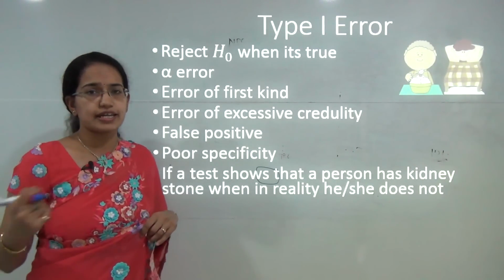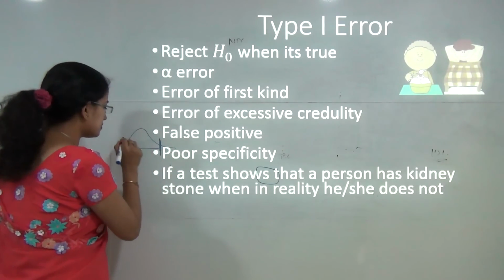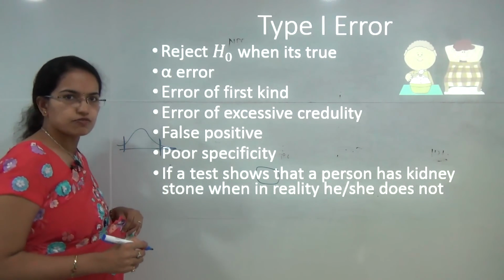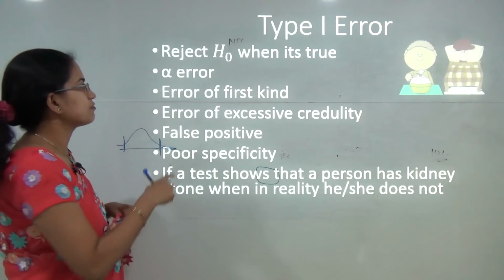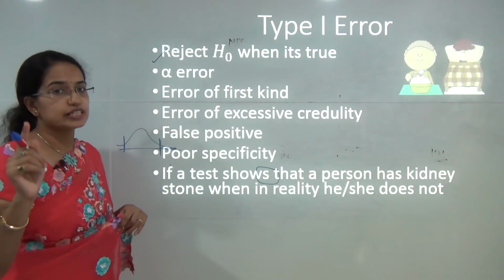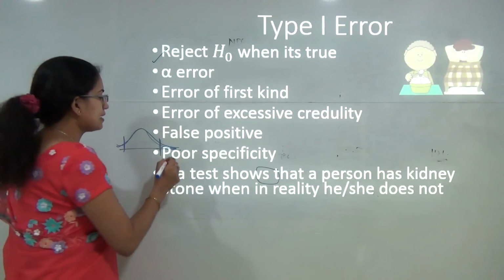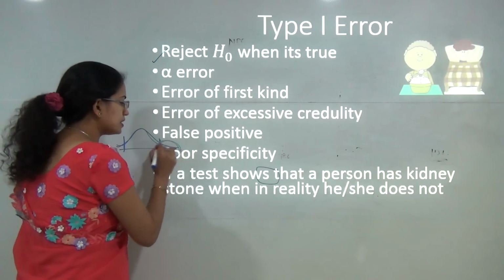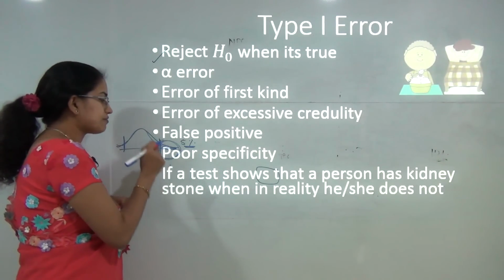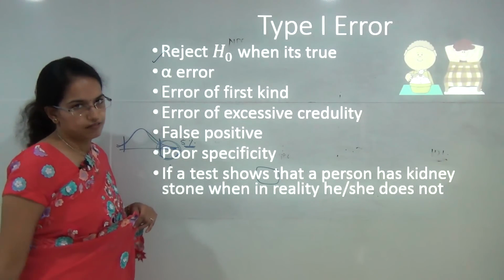Now just a quick recap of the alpha error. As we said, you have considered 5% to be a significant level. So anything beyond this 5% would lie in the critical region, and that is where we define that we are rejecting the null hypothesis when it is true, because this whole normal probability is true, but I say that there is a 5% chance that my facts can lie in this region, but still if they are lying in that region and I am rejecting it, we say it's an alpha error.